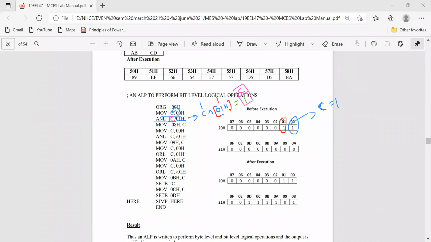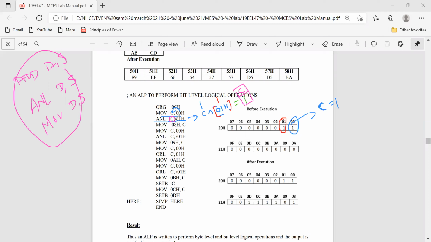For arithmetic or logical operations, the syntax I told you is destination comma source, whether it is AND logic, ADD, or MOV. You should understand this syntax, even where nobody has told you. Now in carry, we have my result.